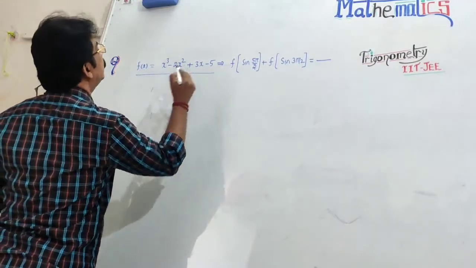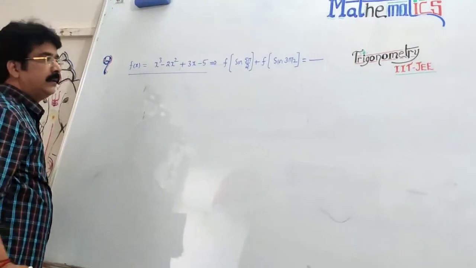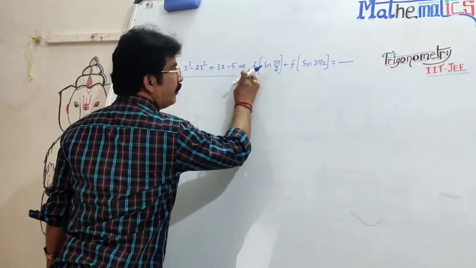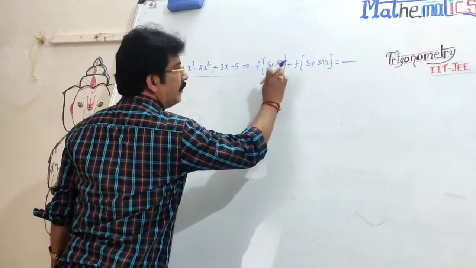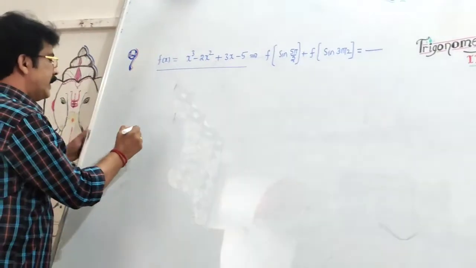If f of x equals x cubed minus 2x square plus 3x minus 5, then what is the value of f of sin 5 pi by 2, f of sin of 3 pi by 2? This is the question. Listen,